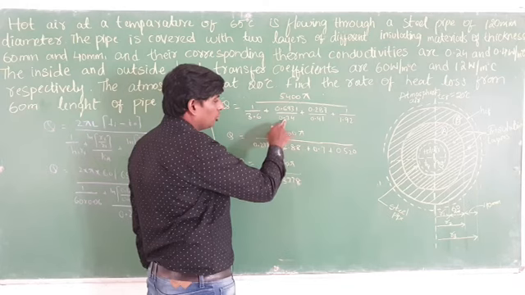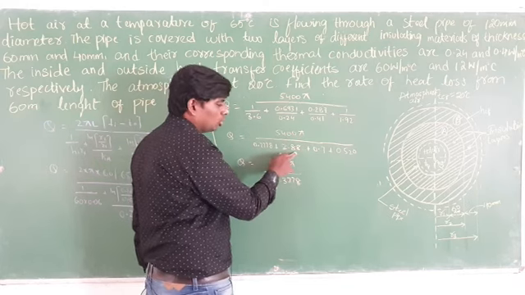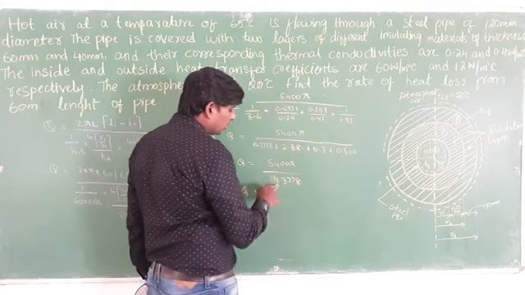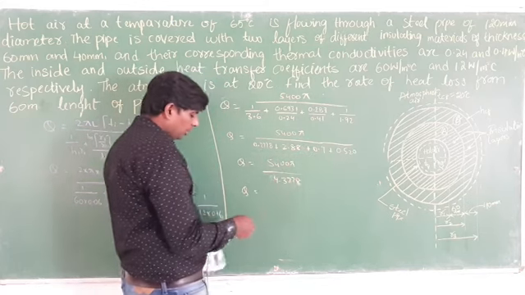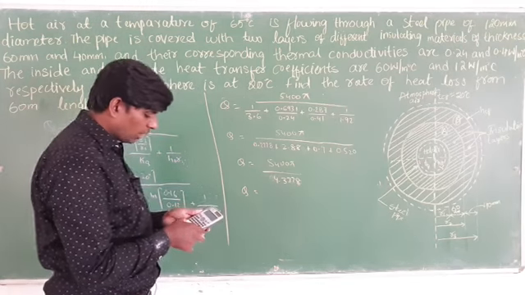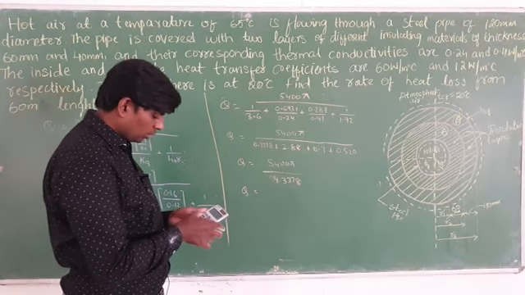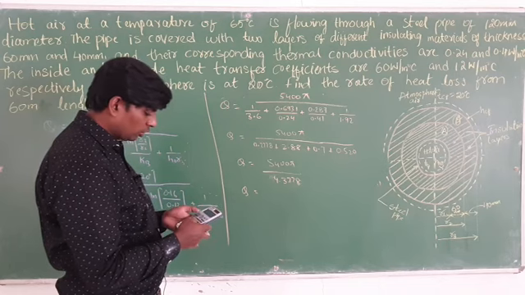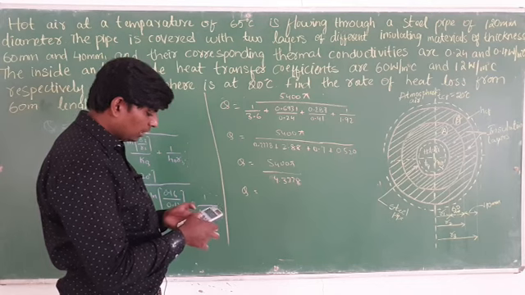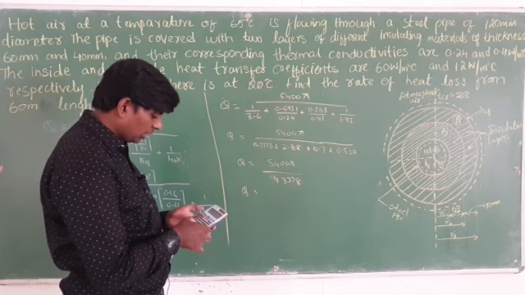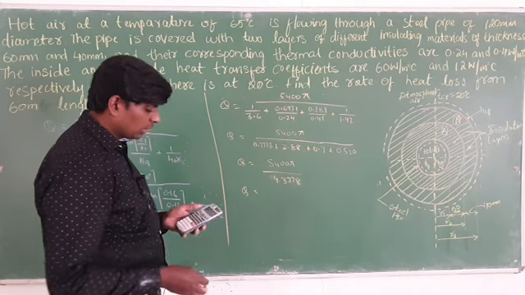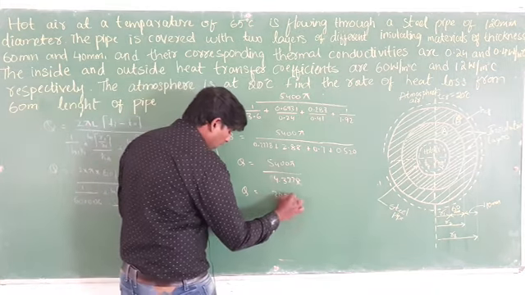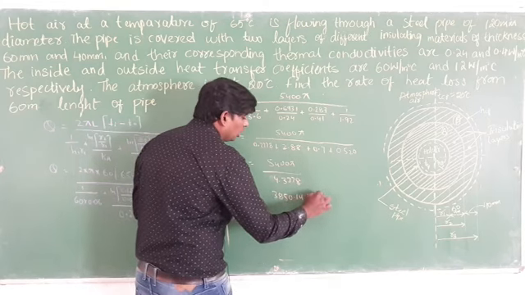See here, 0.6931 divided by 0.24. Here you will get 0.288. After that, if you add this term, this term, this term, this term, you will get 4.3778. If you divide this one, see how much there? 5400 into pi divided by 4.3778. So here you are getting 3850.14. The unit is what?